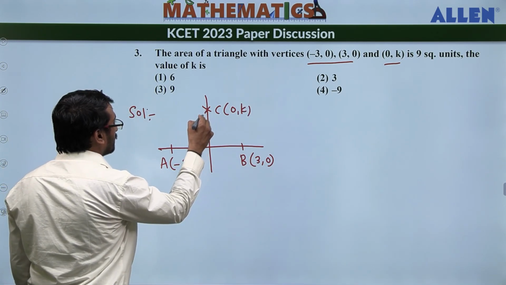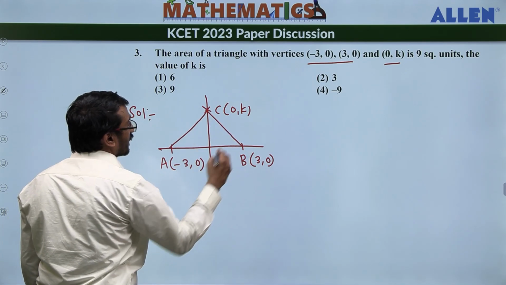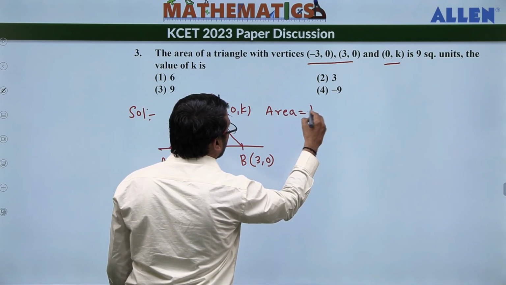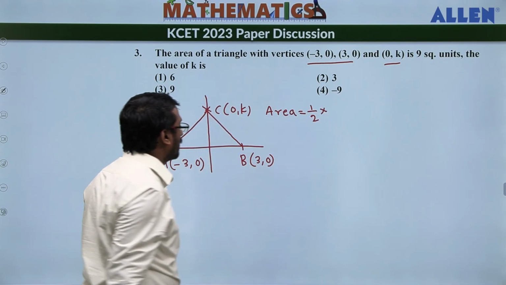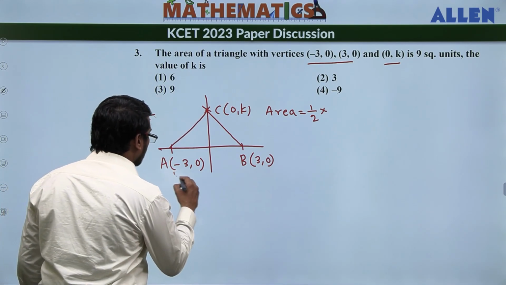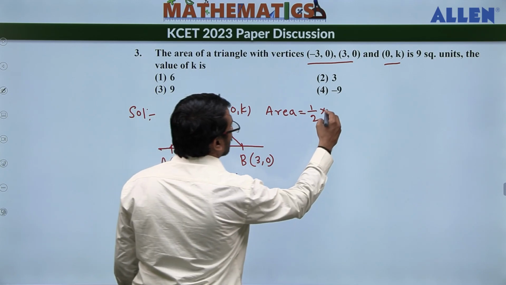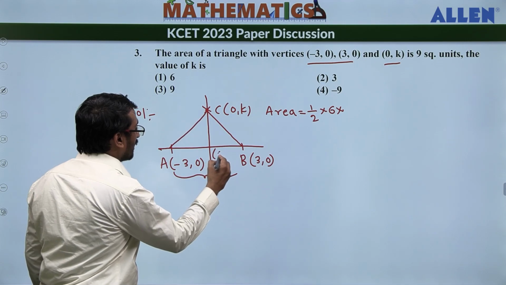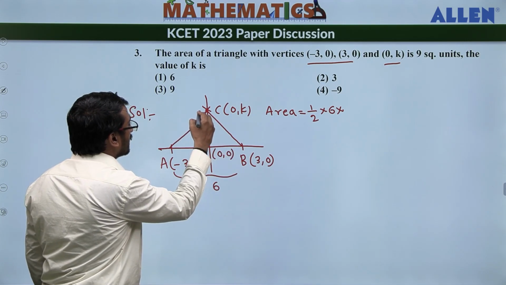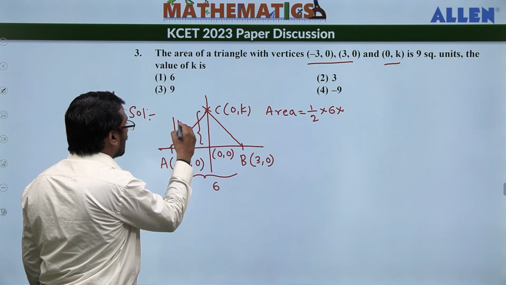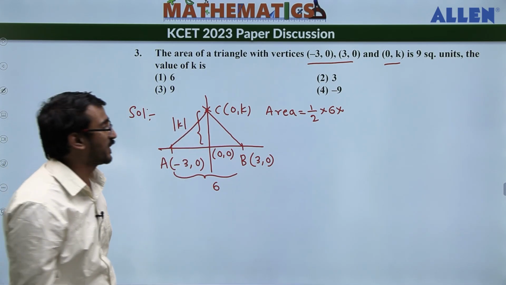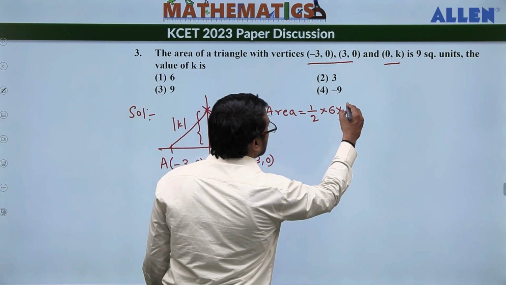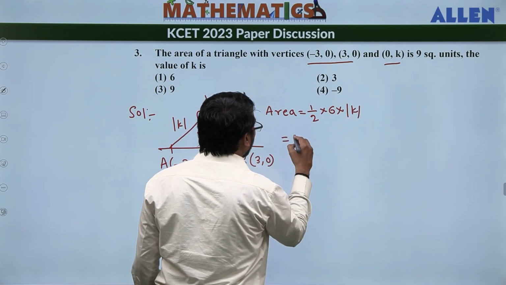So, what is the area? Half of base. What is the base? 6 units. How about the height? This height is modulus of k. It is not k units, it is modulus of k, because we do not know if k is above x axis or below x axis. So, 3 modulus of k